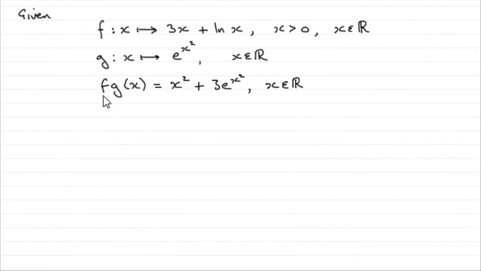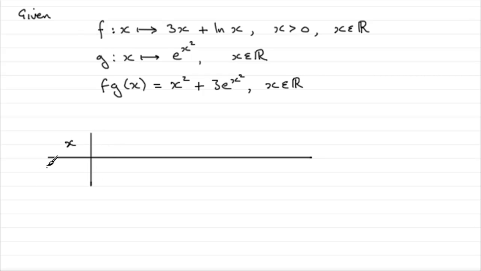Now we've seen that fg of x is x squared plus 3e to the power x squared, where x is any real number, and we've got to write down the range of this composite function. To do that, again, I'd want to think about what this graph would look like. And if I had a table of values of x